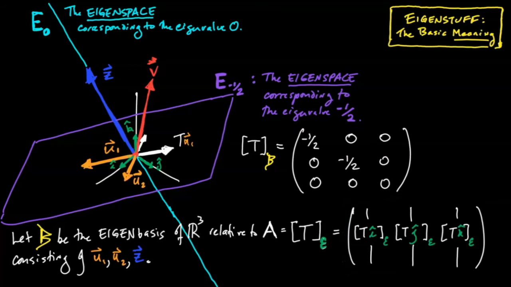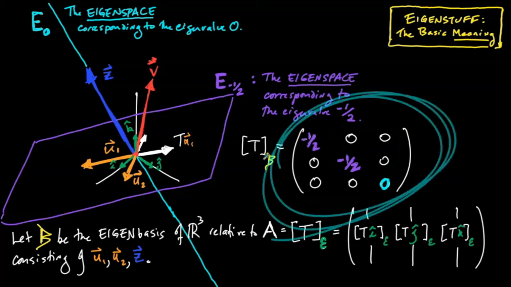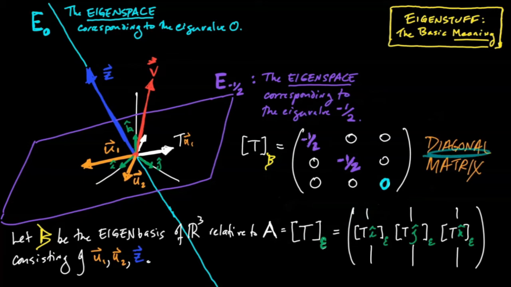Look at what we've got. On the main diagonal, we have our eigenvalues. We have -1/2, which appears twice, which corresponds to the fact that the eigenspace for the eigenvalue -1/2 has dimension 2. There are two linearly independent eigenvectors with eigenvalue -1/2. And then we have this 0, which corresponds to our other eigenvalue. And it only appears once because that eigenspace has dimension 1. And everywhere else in the matrix, below and above the main diagonal, we have nothing but zeros. Matrices like these are wonderful, and we call them diagonal matrices.